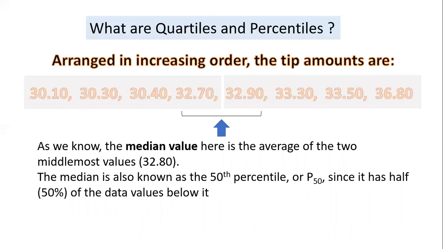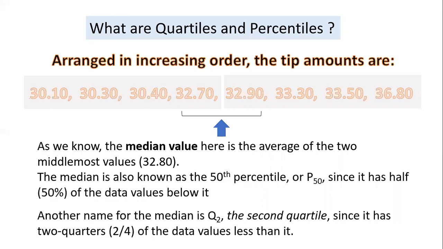That median has a couple of other names that we can refer to it by. The median is sometimes also known as the 50th percentile, or P sub 50, since it has 50% of the data values below it. Another name that we sometimes use for the median is Q2, the second quartile, because what is 50%? Well, it's 1/2 or 2/4. So the median, or P50, the 50th percentile, can also be referred to as Q2, or the second quartile, because it has 2/4 of the data